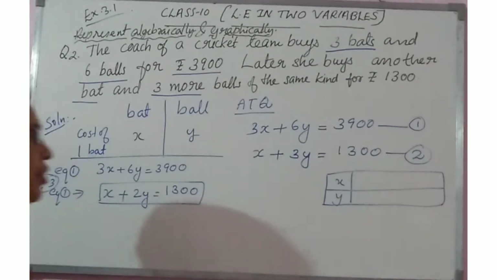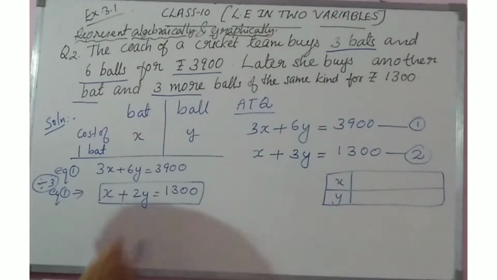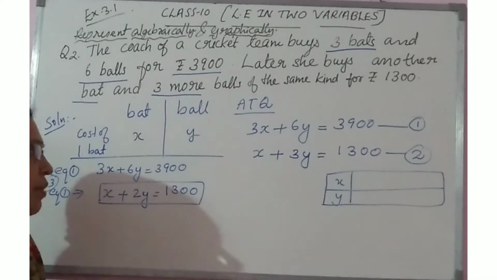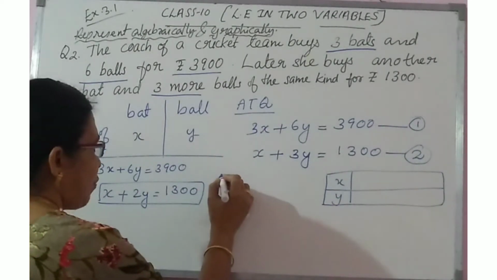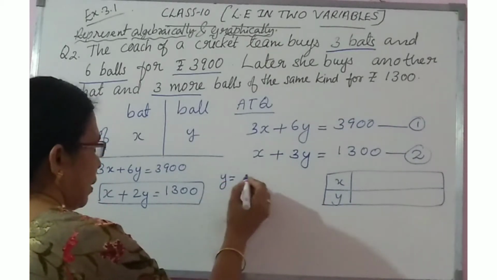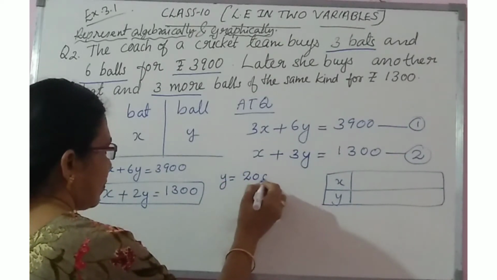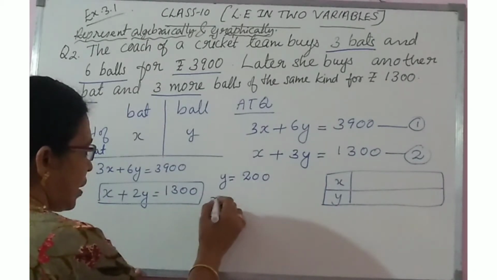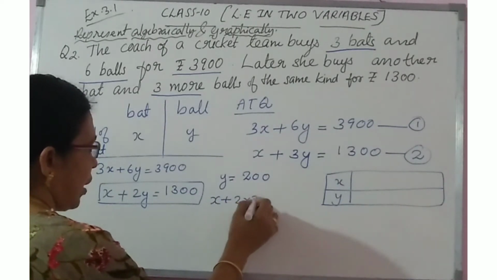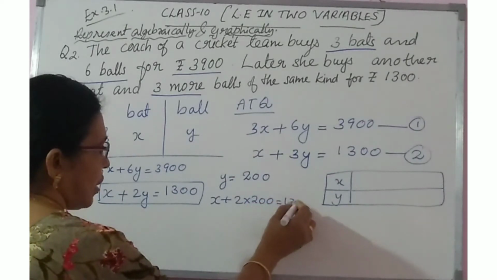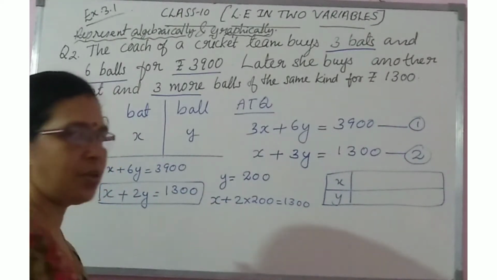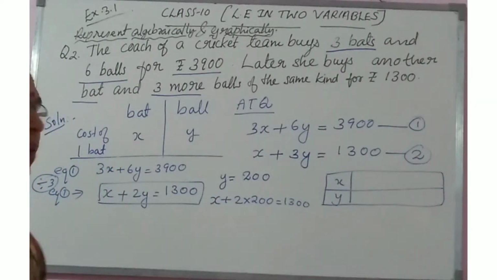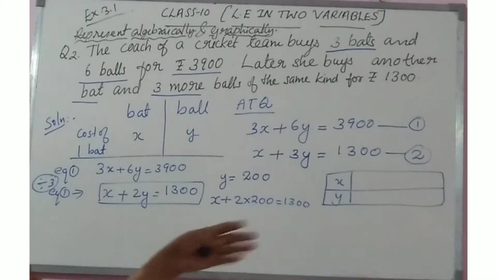Another method I explained in the previous video. That method I am not going to follow here because the number is a big number; it is followed for simple equations. But here the number given is big, so we can go through different values. So first I am taking y equal to 200. If I take y equal to 200, then x plus 2 into 200 is equal to 1,300. So here I am substituting the value of y. Any value you can take. It's not compulsory to take 200. You can take 300, 400, 500. If you take multiples of 100, that is easy here.